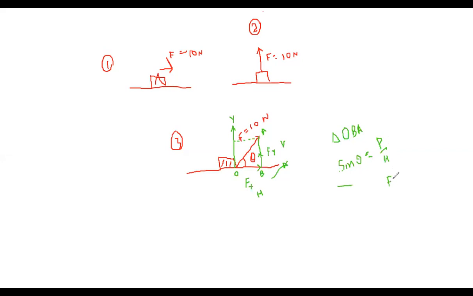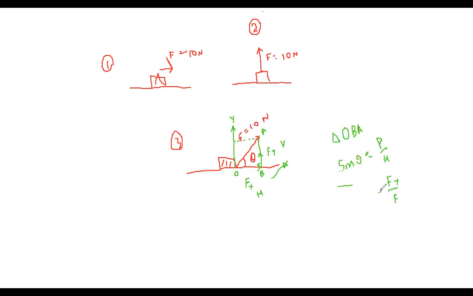The hypotenuse in a right angle triangle. And where is the 90 degree? This is 90 degree. See here, because we draw the perpendicular from point A. So this is 90 degree. That's why the hypotenuse is F. And if you see that